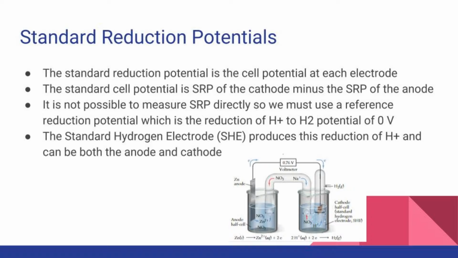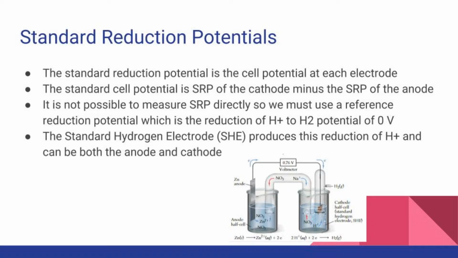In order to calculate cell potential, we must use standard reduction potentials, which is the standard potential at each half cell. The cell potential is the difference between the two half cells. In summary, the standard cell potential equals the standard reduction potential of the cathode minus the standard reduction potential of